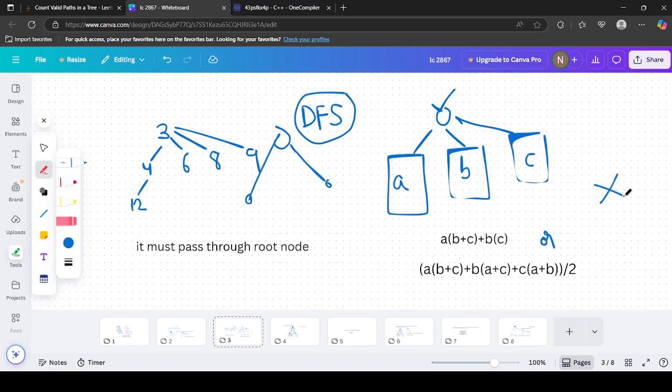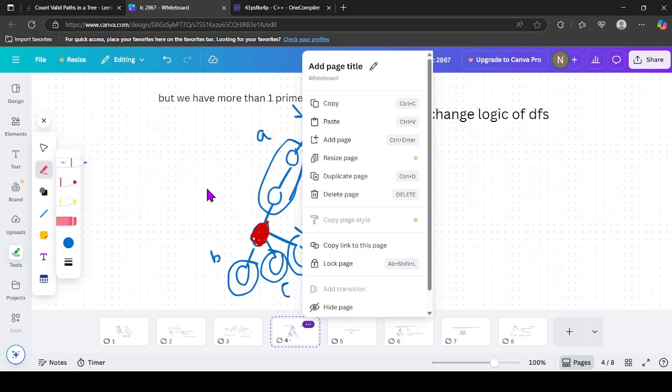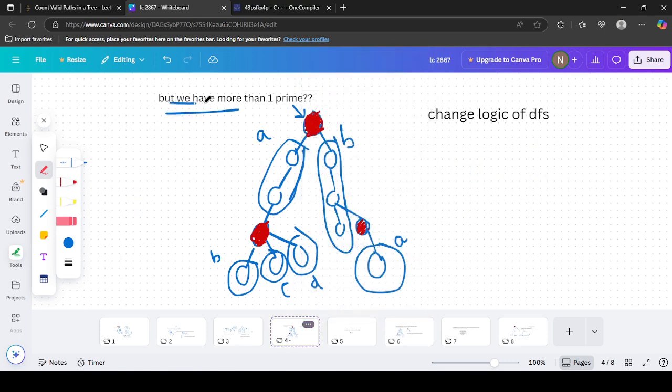But this is not this way. We can have many paths, many primes. So now let's try to do the same dry run. What if we have more than one prime? So the nodes that are marked red are primes, and the ones that are blue are non-primes. So now, if we just try to continue the logic of DFS, can we try to